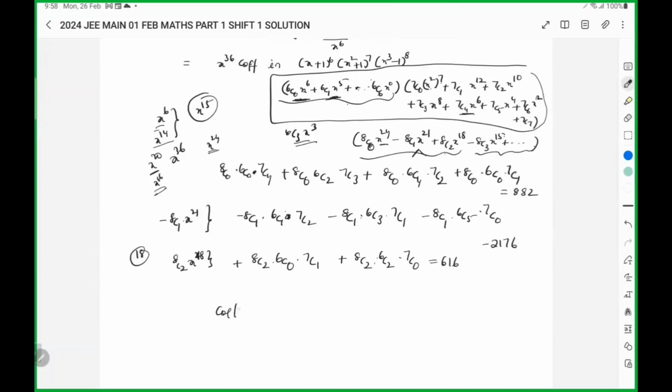Finally, the coefficient of x power 36 will be 882 minus 2176 plus 616, which is